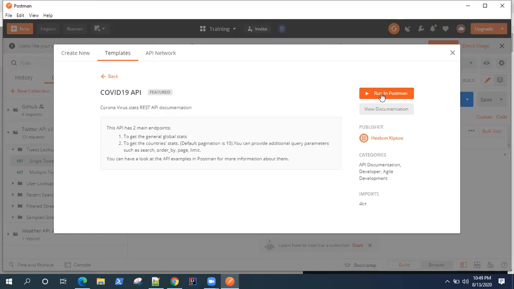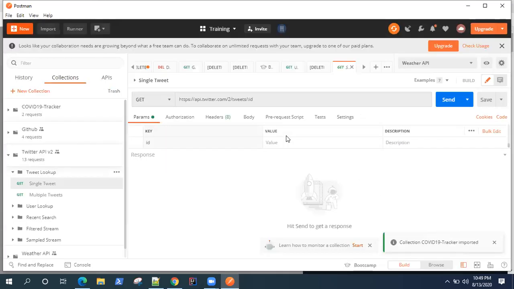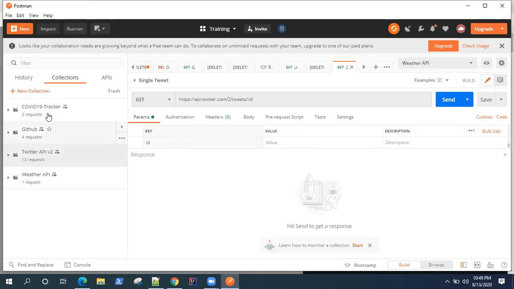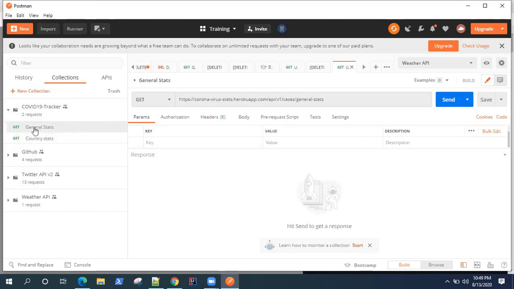Okay, so I'm going to again import this collection into my Postman, and that's imported here, right? Click on a GET request. These are general stats. So luckily this doesn't require any authorization, so we can directly run this GET request.